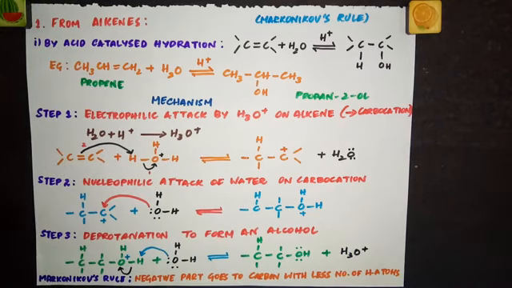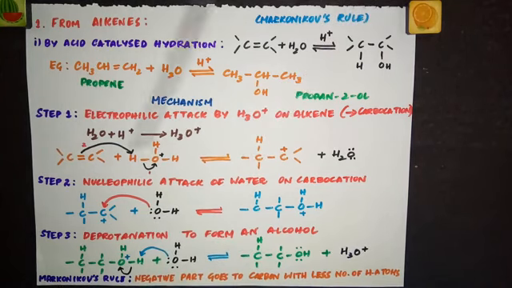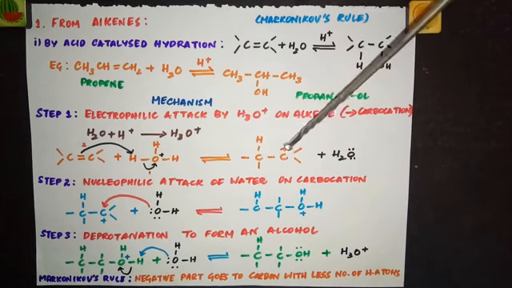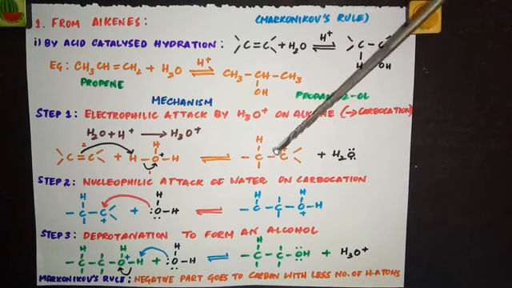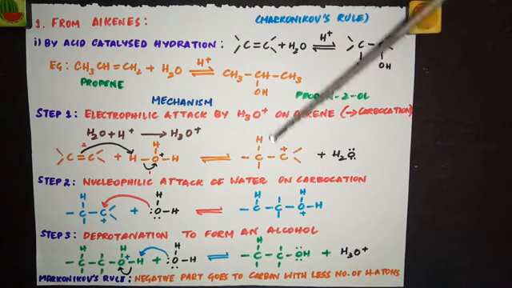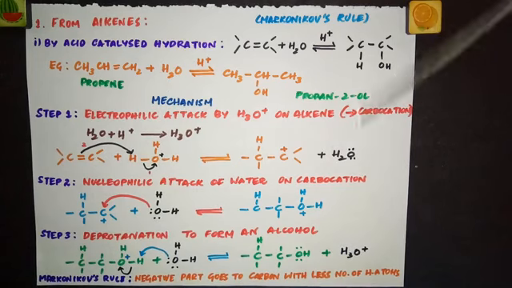So what you get is that this double bond will be written as a single bond, and one of the carbons makes a bond with hydrogen, and this other carbon, since it has lost electrons to hydrogen, is gaining a positive charge. So this is the product, and this is nothing but a carbocation. After this hydrogen leaves this hydronium ion, the rest goes out as water, H2O.